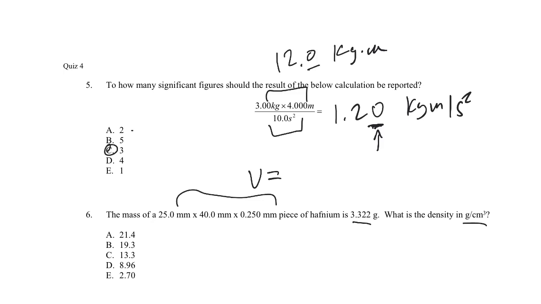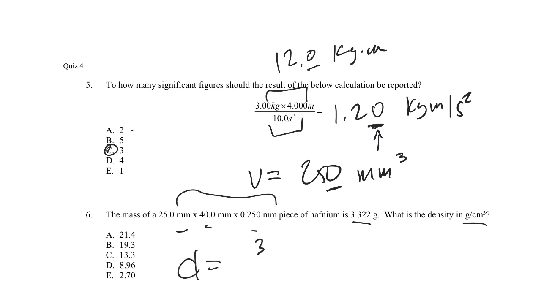So I'm going to do that right now. I'm just going to go 25.0 times 40.0 times 0.250. So that works out to be 250 cubic millimeters. That 0 is significant. All 3 times 3 times 3, so all 3 are significant. Not really a sig fig problem. Doesn't look like it anyways. But what we might then do when we need to calculate our density, I might do